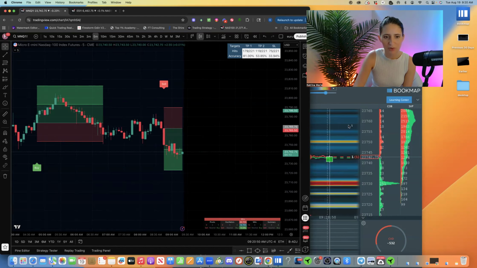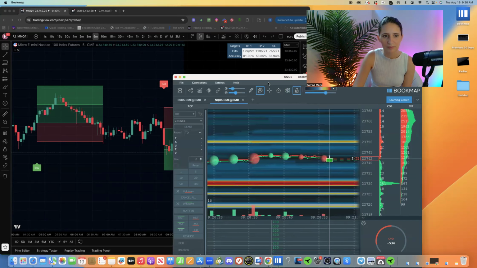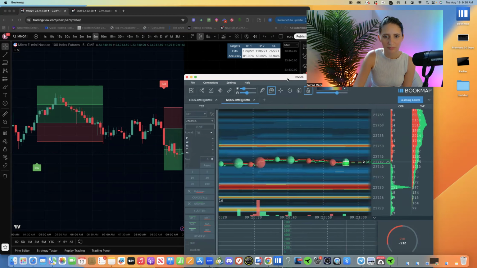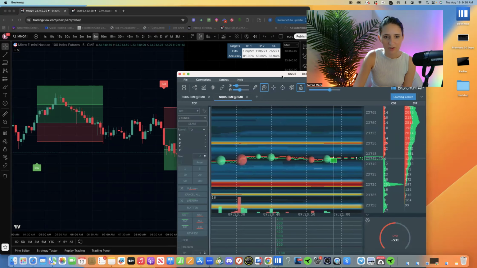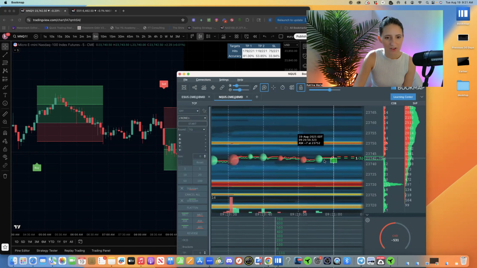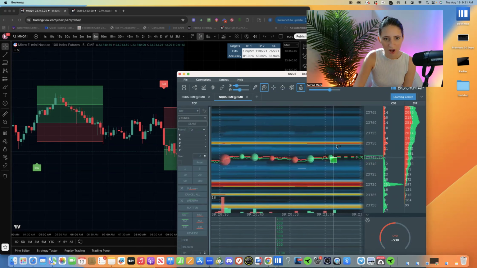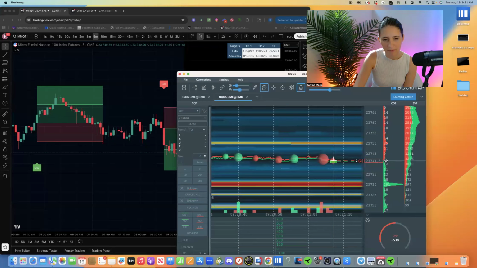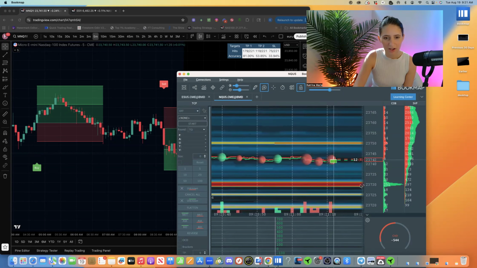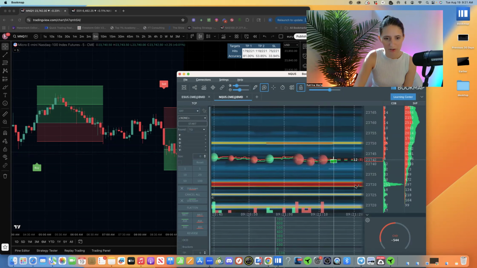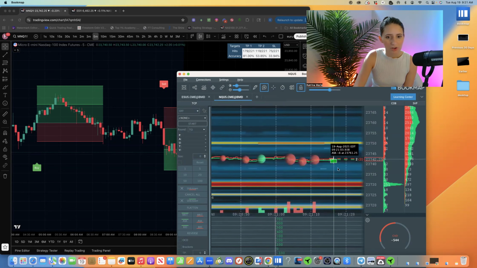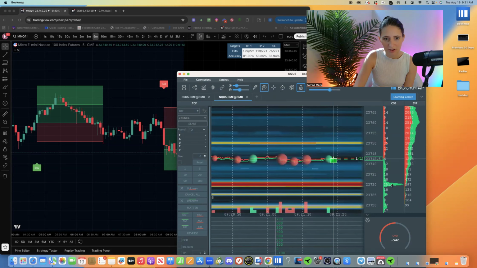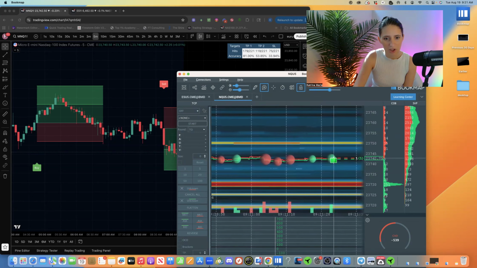Good morning. So you can see Bookmap over here. Perfect. So this is where you look at order flow. These hot zones here are when this is the middle area. If the hot zone is up here, this is sellers that want to be filled. And if the hot zone is down here, this is buyers that want to be filled. So the higher the number, obviously, the stronger this area is, which means we are going down to